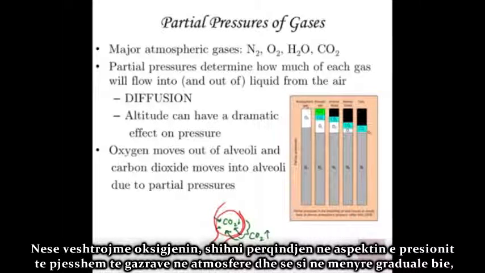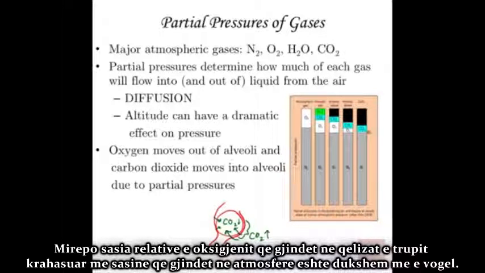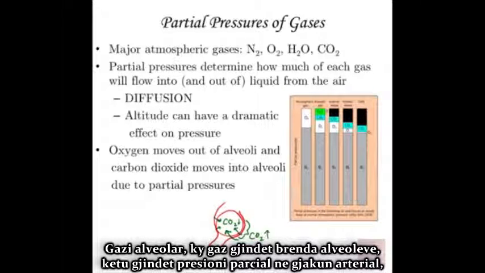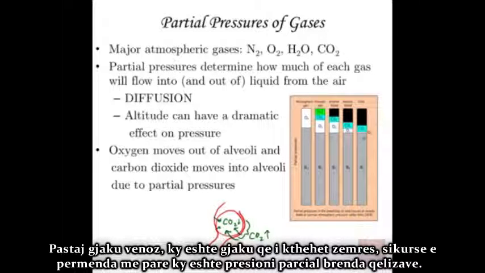But when you look at oxygen, look at the percentage in terms of the partial pressure of oxygen in the atmosphere and how it gradually gets lower. The partial pressure of oxygen can only drive it so far deep within the body. So it does get to our cells, but the relative amount of oxygen that's in the cells of our body compared with the amount that's in the atmosphere, it's significantly less. The alveolar gas, this is the gas that's actually in the alveoli. Here's the partial pressures in arterial blood, taking that blood to the body out of the heart. And then venous blood, this is the blood going back to the heart, and like I mentioned earlier, this is partial pressures within cells.